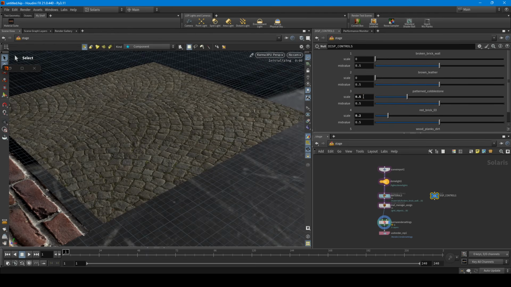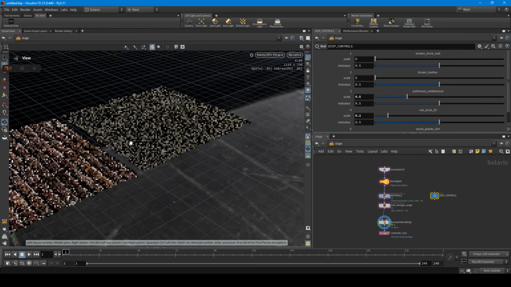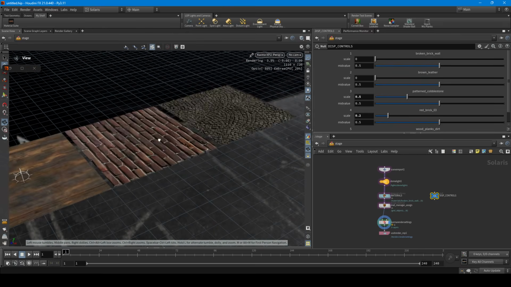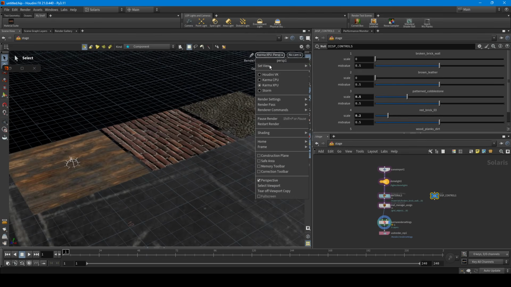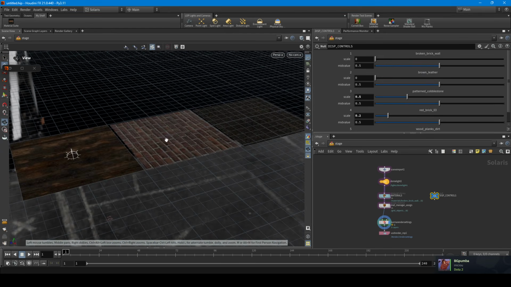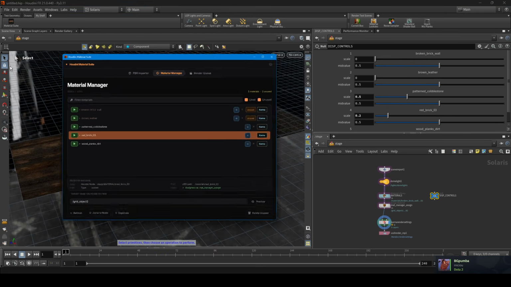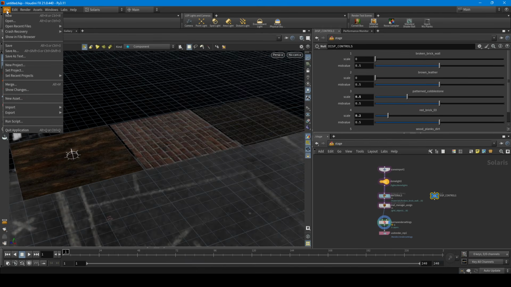So that was the idea of the tool. Just make things fast without losing the proceduralism of Houdini. So yeah, really nice. And the third tab that is here, the render wheel, I want to show you with